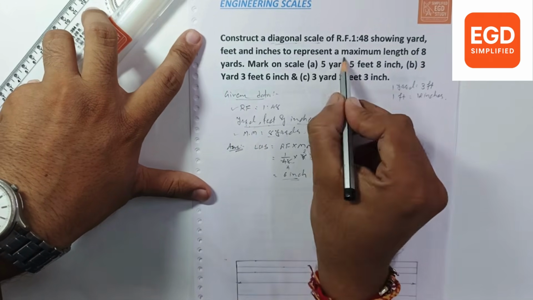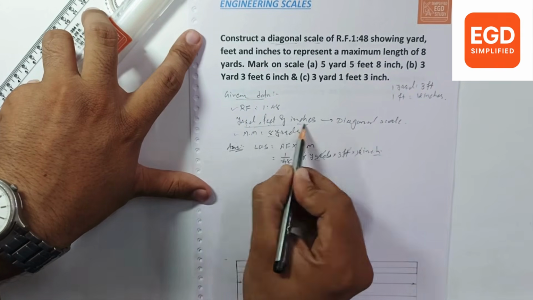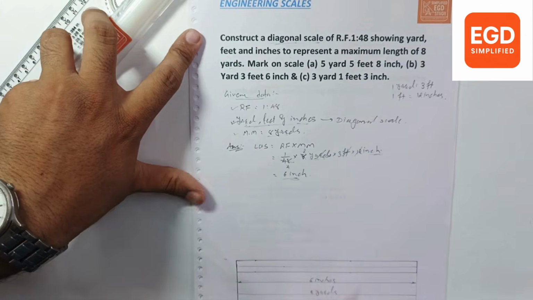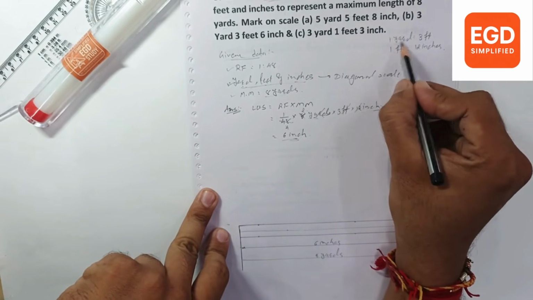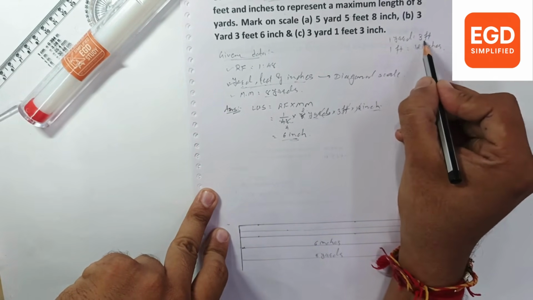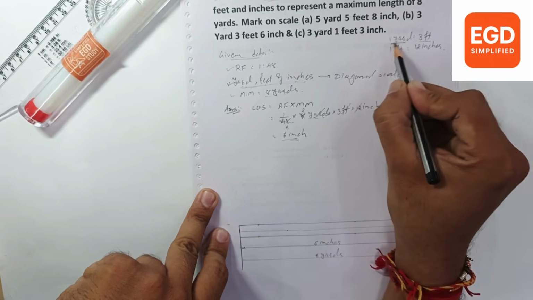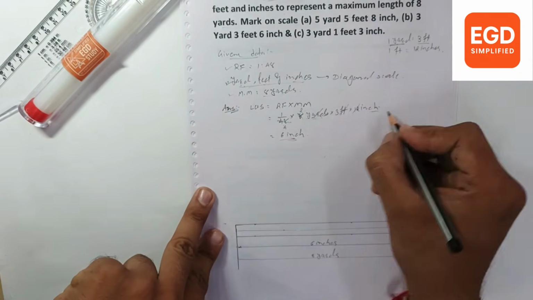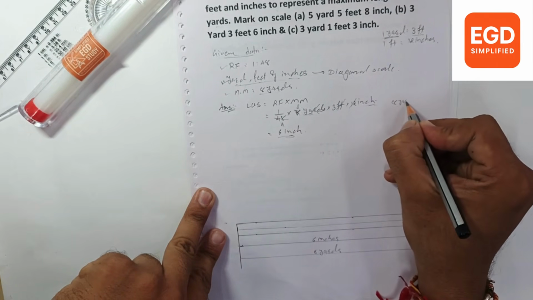Now we have to mention yard, feet and inches. So we have yard, feet and inches. Now we need to mention this portion. So we have unit conversion, this 1 yard is equal to 3 feet. So to indicate 3 feet, I should have a minimum measurement of 1 yard to indicate here. So we have total 8 yards. To represent 8 yards,